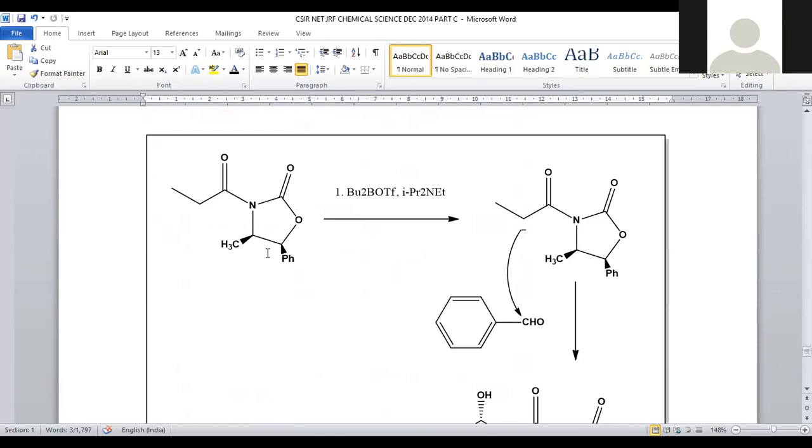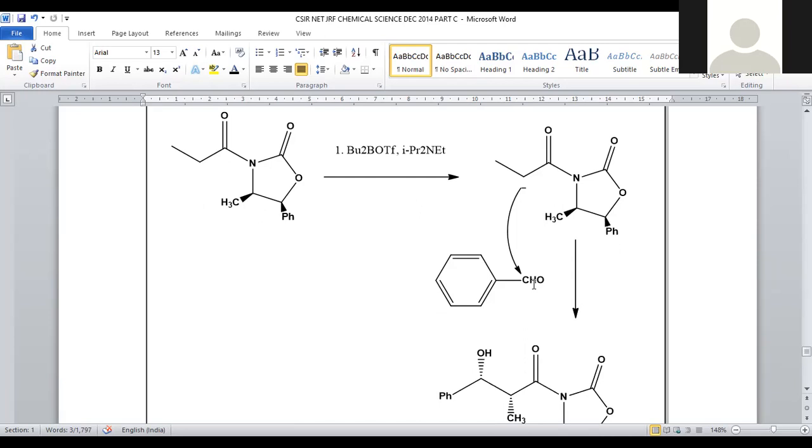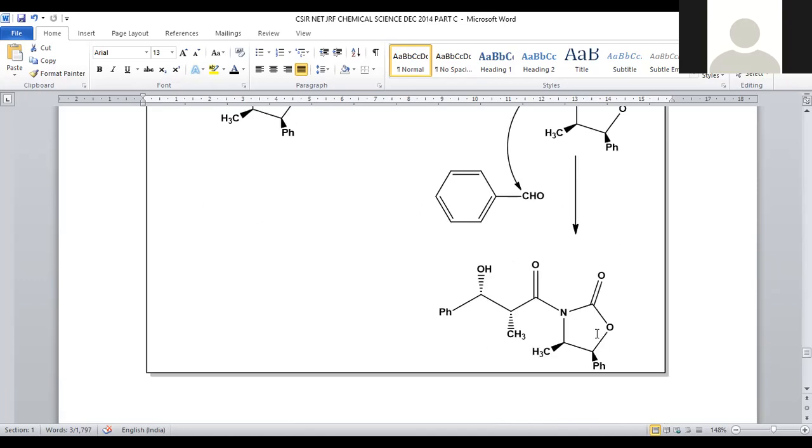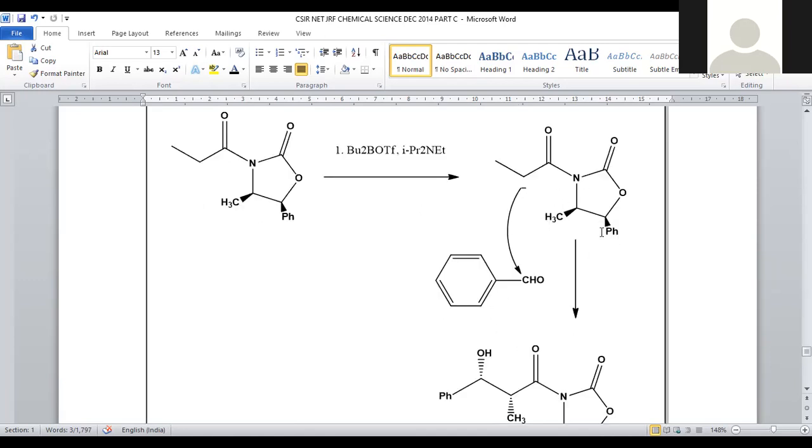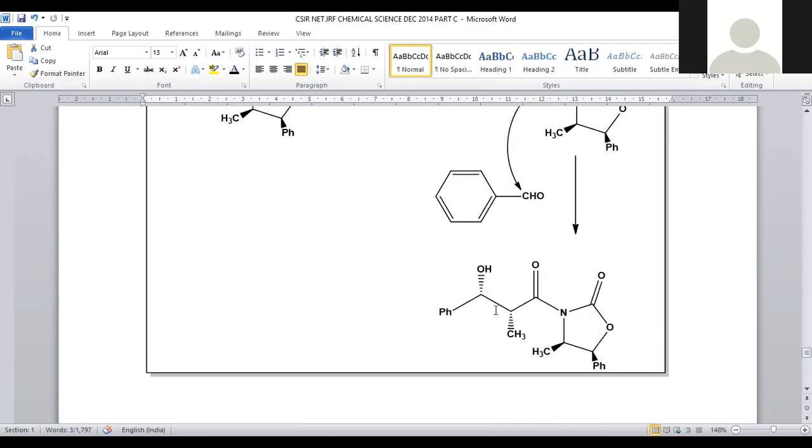Starting material will be a 5-membered ring with the ester and the amide linkage as well, and it will be treated with this dibutylborane kind of system. So in the presence of base, what will it do? It will facilitate the generation of a carbanion. Enolate intermediate will be generated, that in turn reacts with the benzaldehyde at the carbonyl center, right? So when this attaches to the carbonyl center, subsequently it will be turned into a CH2OH functional group. Already existing methyl and phenyl are present with the wedge bonds, strong bonds. That's the reason why incoming benzaldehyde will attach from the backside.